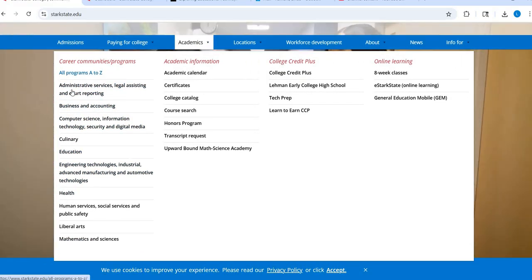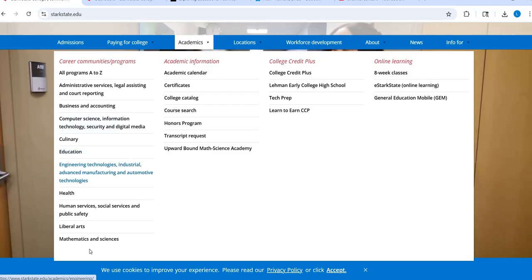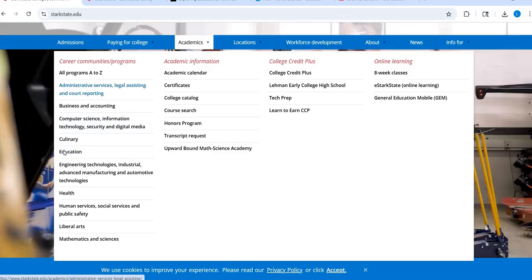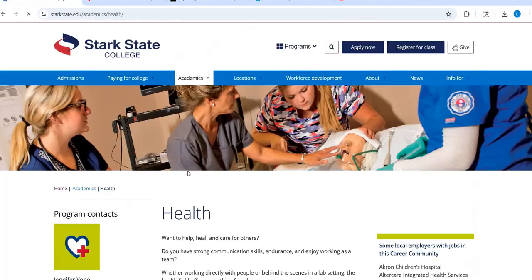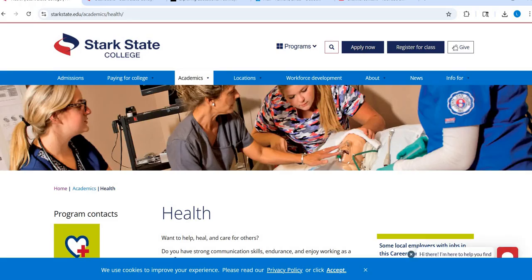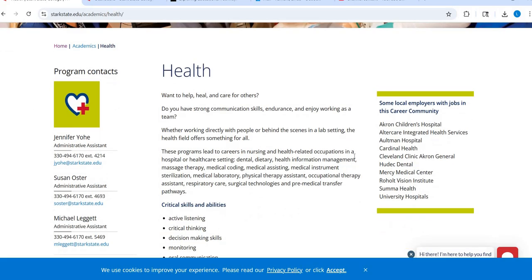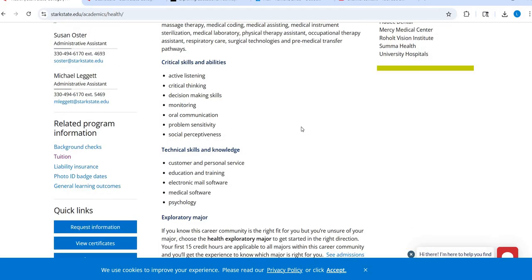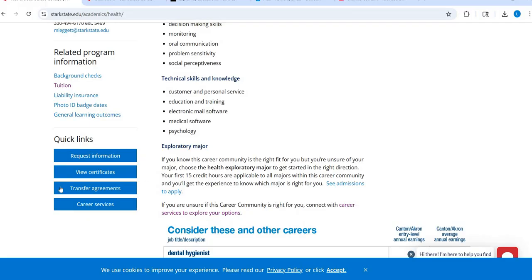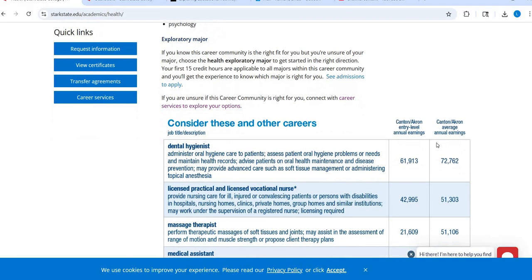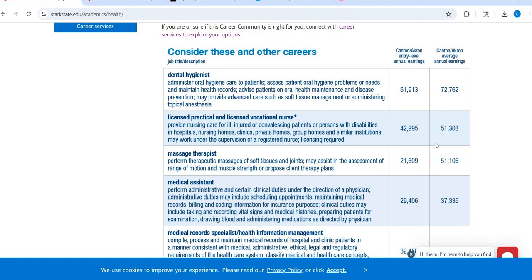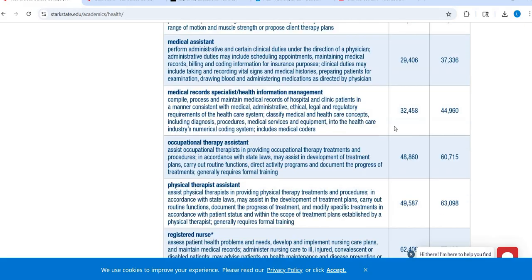And again, hopefully you can see where your degree would fit in under this umbrella. All of these pages look very similar once you get in here, whether it's education, business, health. It's going to have information about the field in general, contact information over here, skills that you need for the field, some links that connect to that information, connected fields. So again, if you're going into a field and you're wondering, is there anything similar? This has a bunch of other careers that are connected to it.